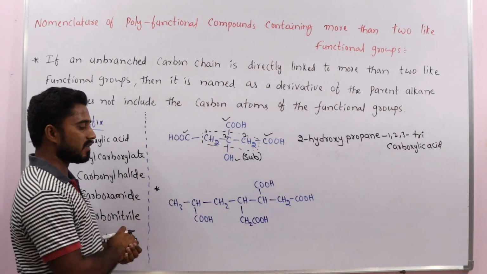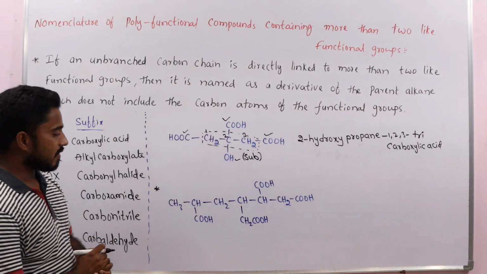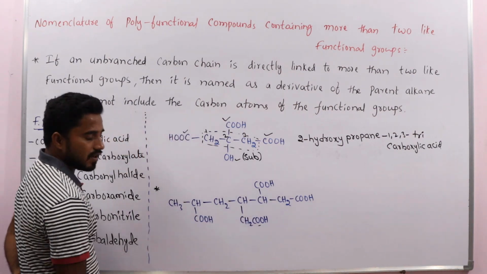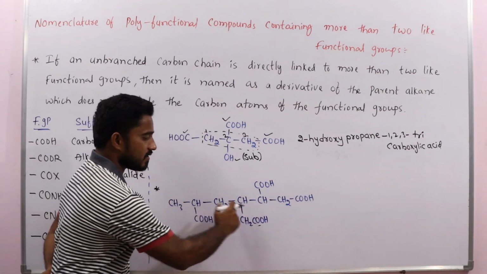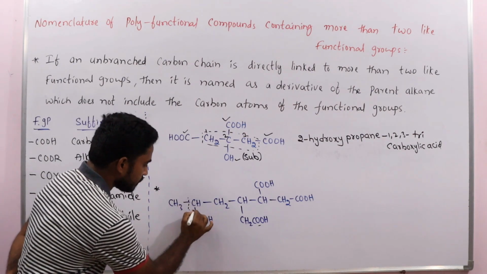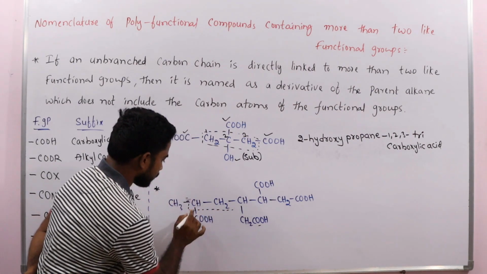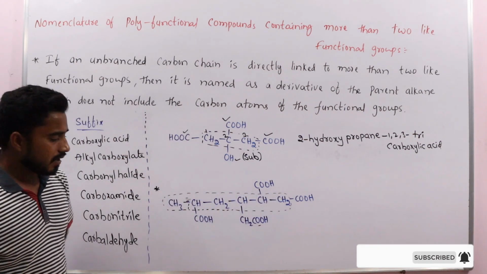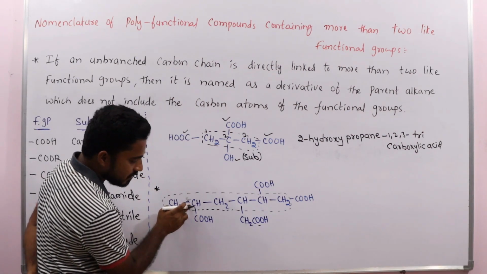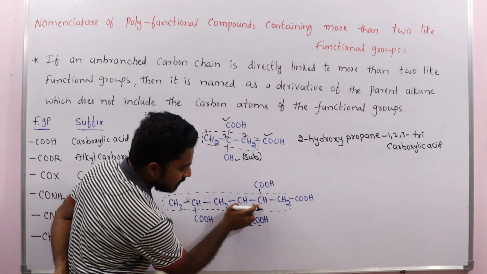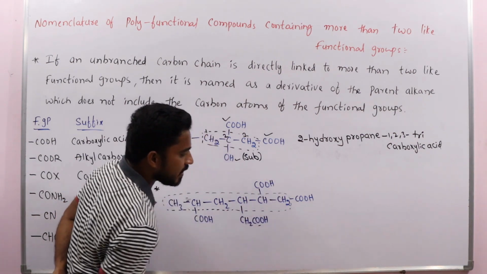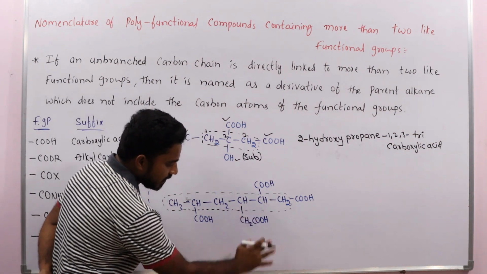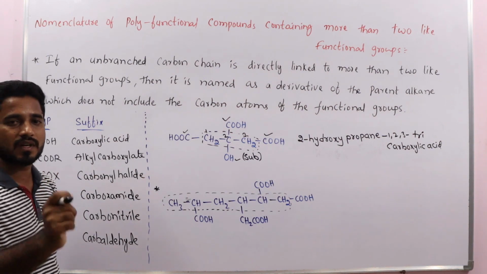So let us see this example, a very important example. What is there in this molecule? Here the COOH functional group is not directly bonded to the parent chain. This is the parent chain. Here this COOH is directly bonded to the parent chain. This COOH also directly bonded to the parent chain. This COOH also directly bonded. But this other COOH is not directly bonded to the parent chain, then we have to use a special prefix, that is